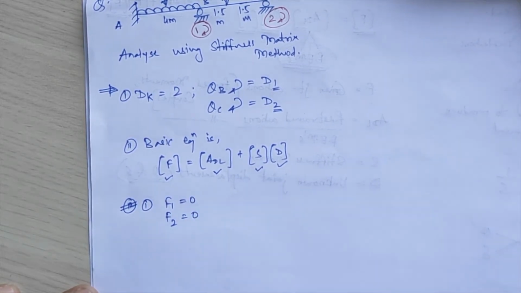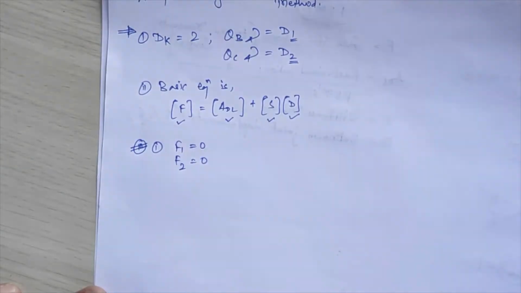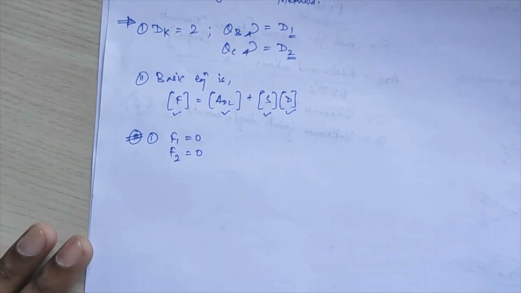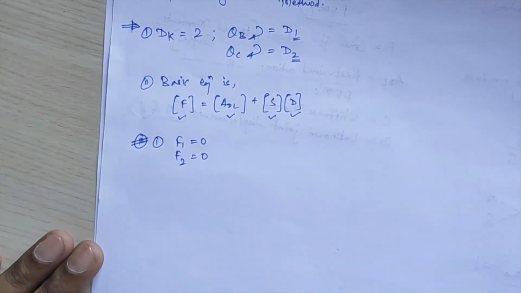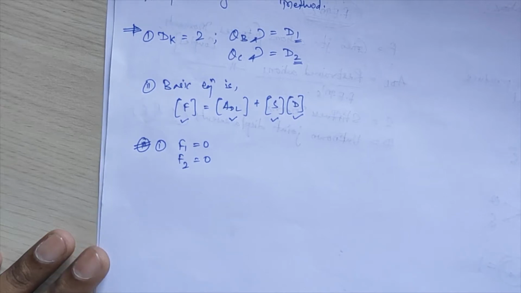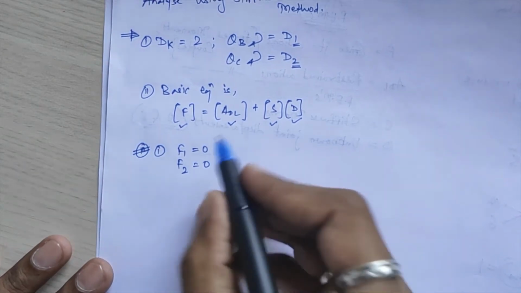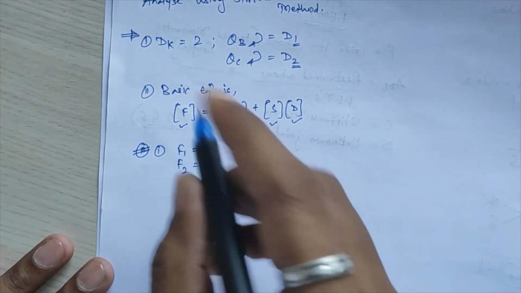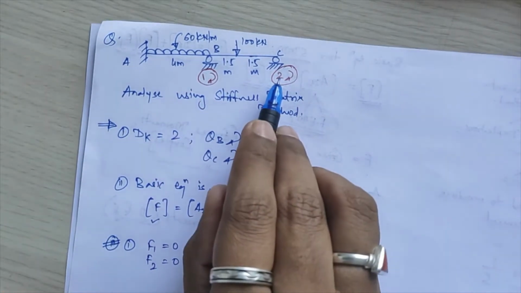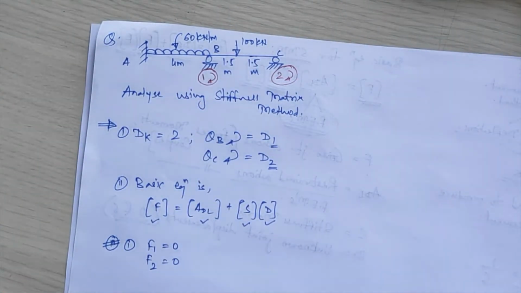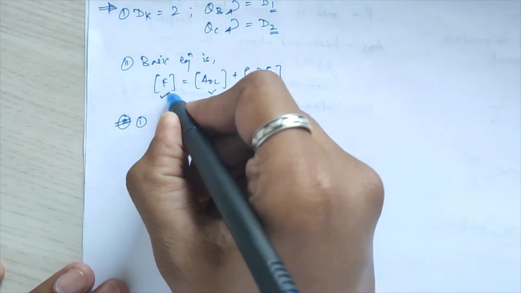Most probably, like in your flexibility matrix method, here also these two values almost come equal to 0. If any force is acting, then at that time a value will come over here. So your F1 and F2 values both will remain 0. I'll call this the forces corresponding to the selected coordinates in the given structure. So our F matrix is completed.